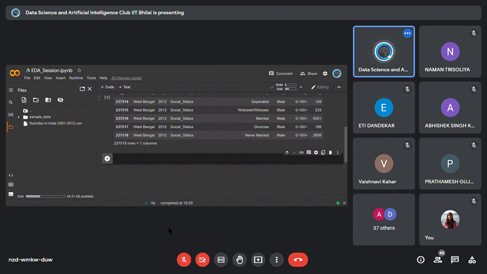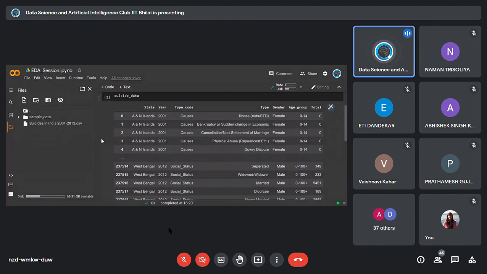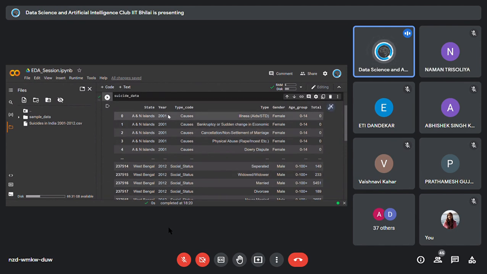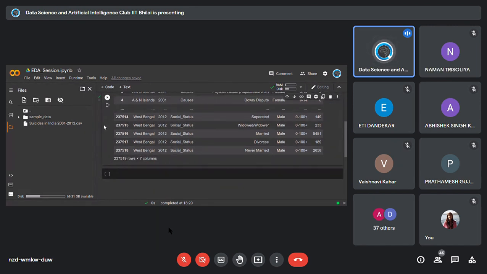Now we can see that there are quite a few repetitions in the state, like Andaman and Nicobar Island, and here we have skipped the data because there are 237,518 rows in our data set. So it isn't humanly possible to examine each one of them. If we want to get a list of the different unique states that are in this data set,